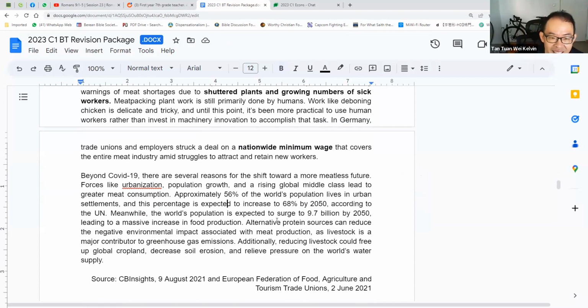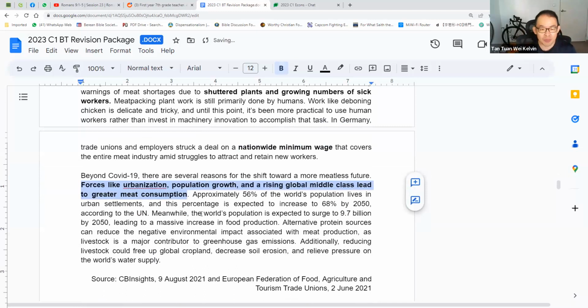Beyond COVID-19, there are several reasons for the shift towards a more meatless future. So you should expect the demand for plant-based meat to be higher. So urbanization, population growth, rising global middle class. So this tells you that as you become, okay, I don't think it's tested the case, but when it's urbanization